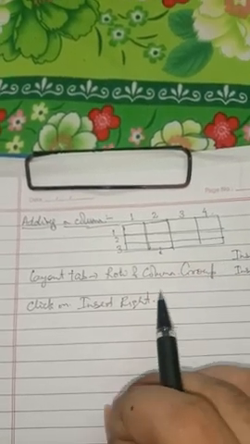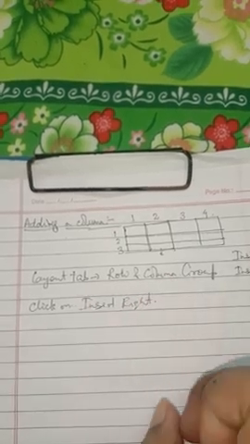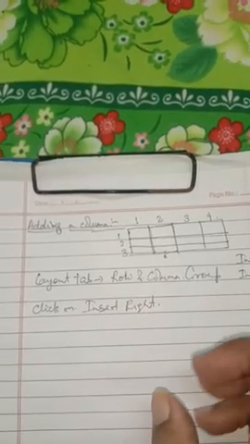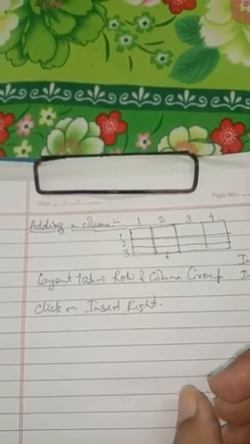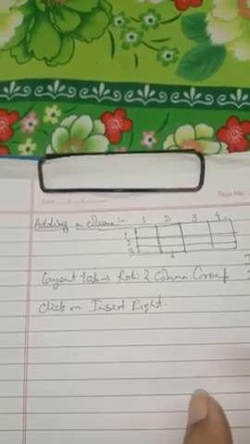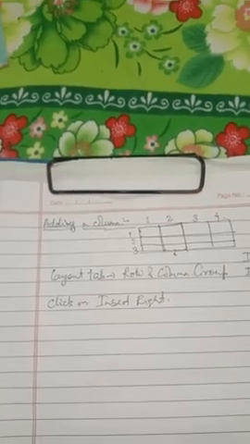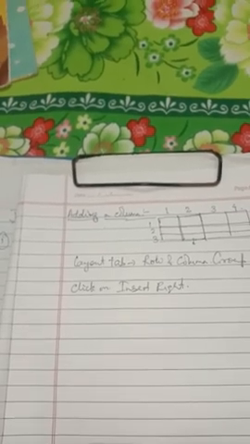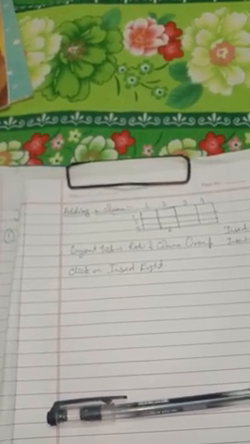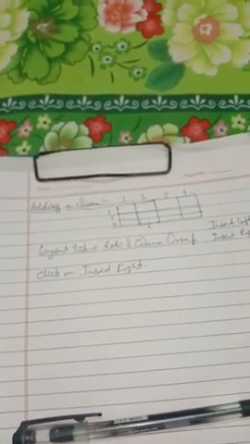So these were the topics that we discussed in this video. In the further videos we will be discussing more topics like deleting a column, merging cells, table heading, splitting cells, etc. In this video we mostly discussed how to move a table with the help of the cut or paste options, how to resize a table, and how to modify a table, like how to add a row, how to delete a row, and how to add a column.